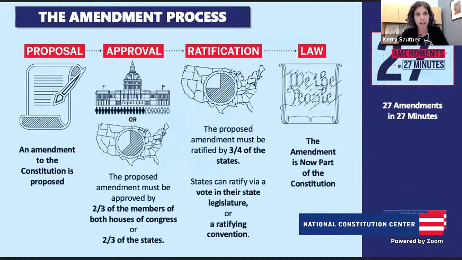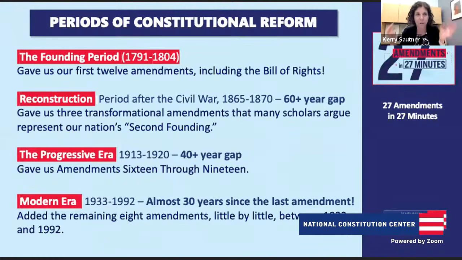So when we think about it, it's only happened 27 times, and that's not a lot. But what I love about this next slide and what you've done for us is it broke it into groups and said, okay, these came in this bucket, these came in this bucket. So walk us through the big groupings of these amendments, and then we'll dive into how they affect the Constitution, and then go 1 through 27 in all of 27 minutes with questions, Tom, with questions.